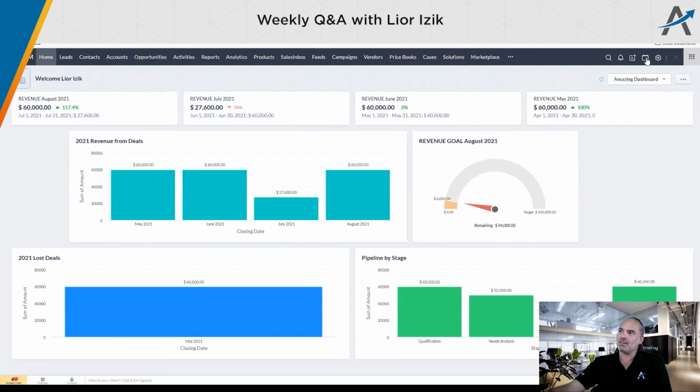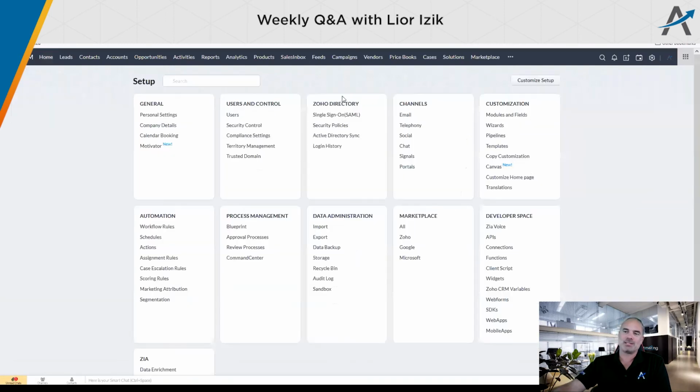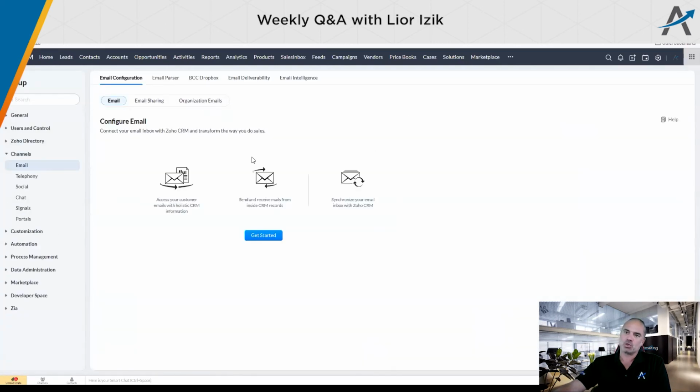Okay. And so, just check one thing, Stephen, what I'm showing you now is a must, not optional. You go to settings, then under channels, you go to email. Here, in the email configuration, you should have your email configured. Very simple to do.